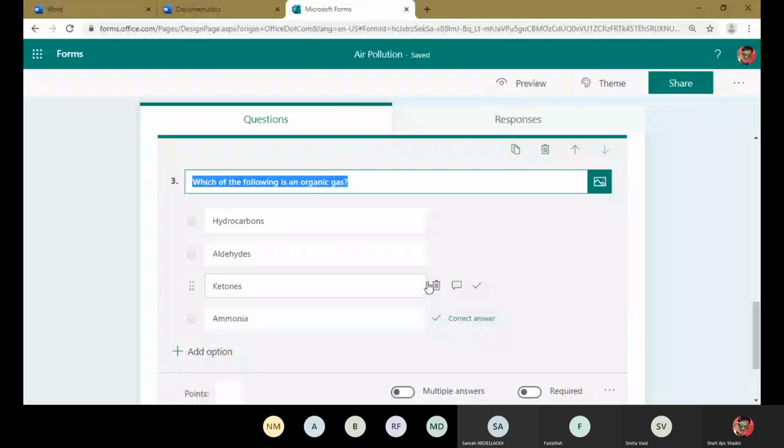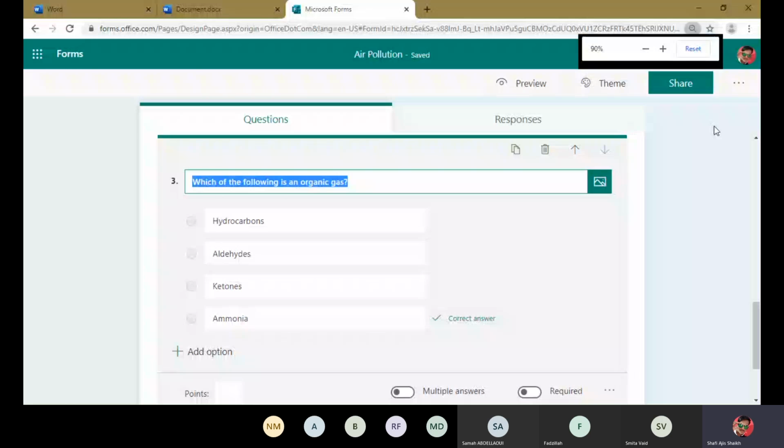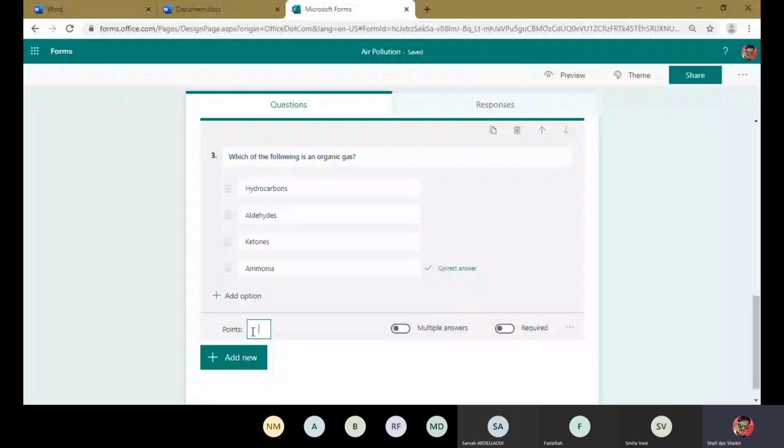There is the option for points, for example I want to enter 10 points for this question. I have selected single answer. If I choose multiple answers, then I can select many answers. But if I set it to single answer, then I can choose only one option like this.